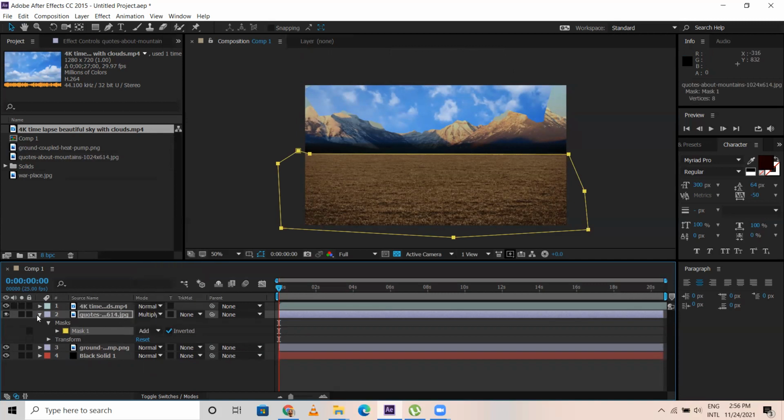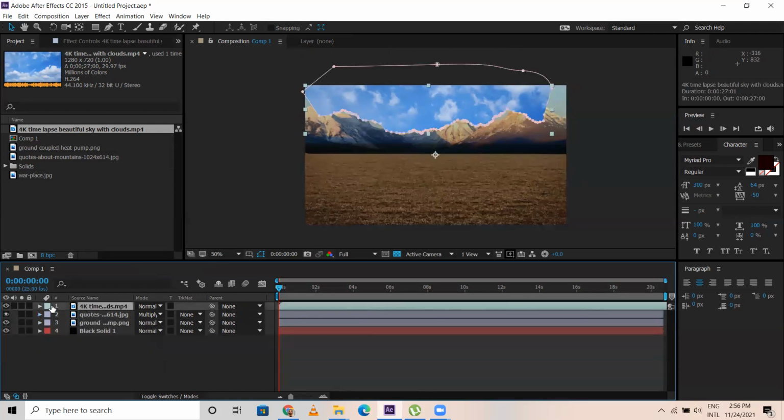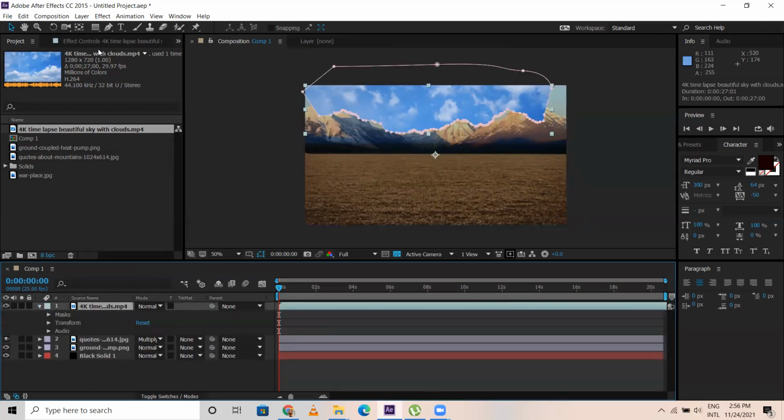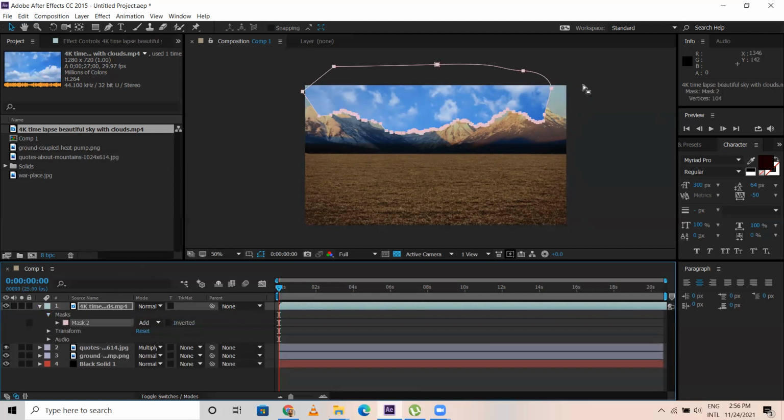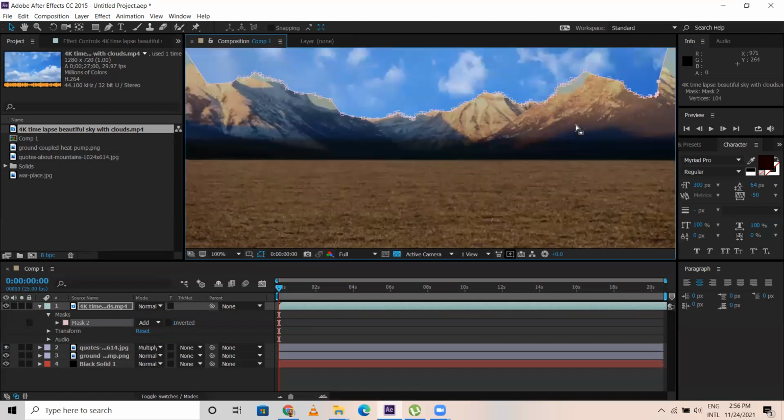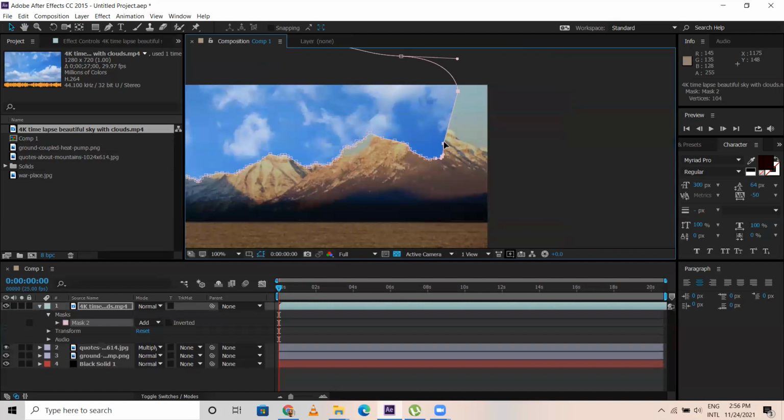Right. And coming to this area in mask, I think we need to work on it.